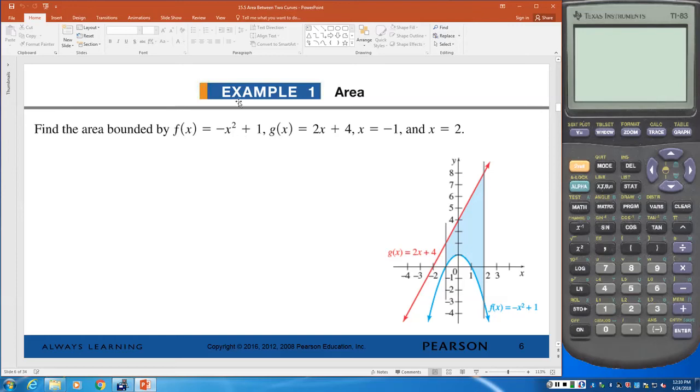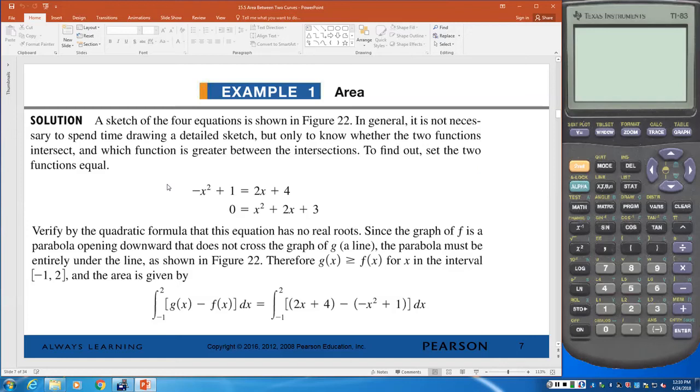And remember, we're going to integrate those separately because part of the area that we want does fall below the x-axis, so we have to be cautious about this. So this is how we do this. We're going to draw a sketch of the four regions, which I already showed you. One of the ways that you can find